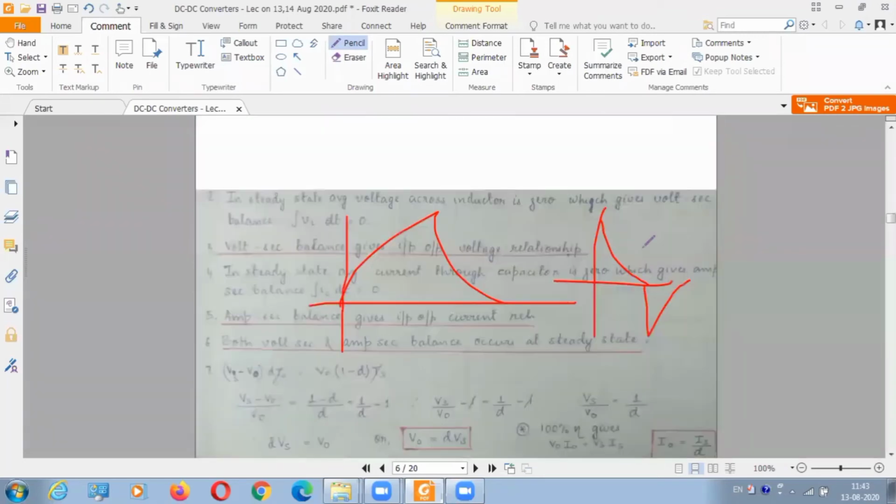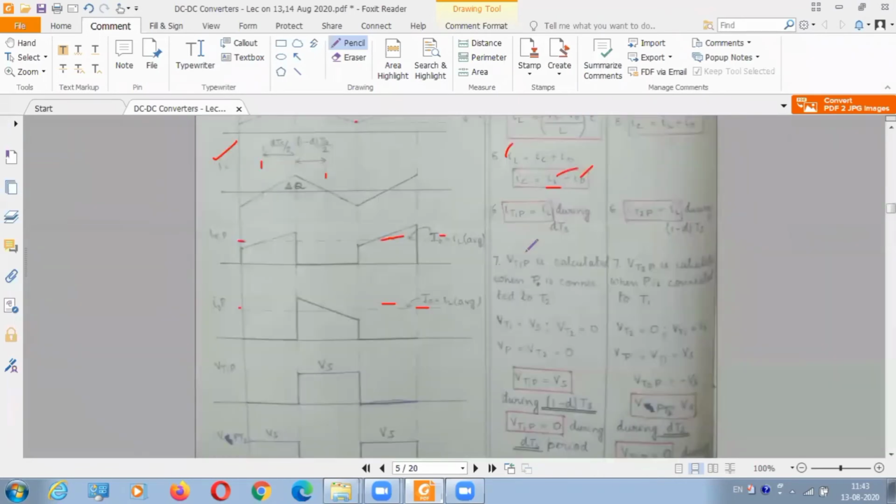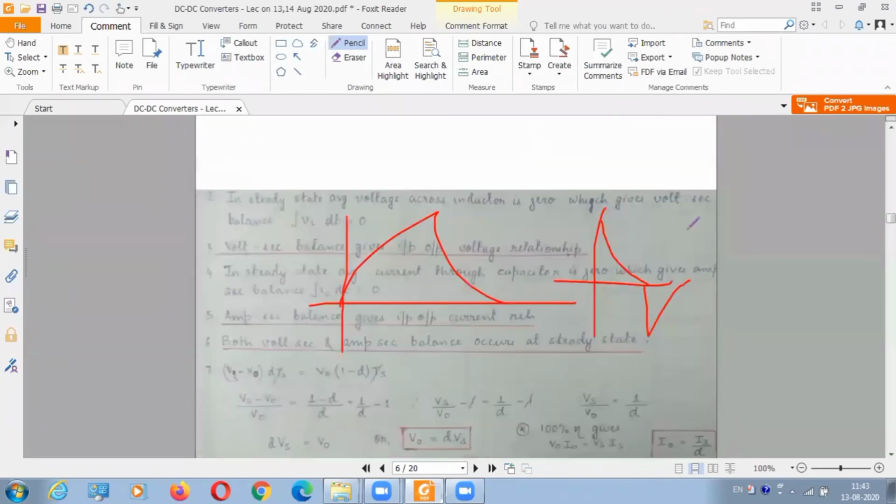Is it matching with the transient analysis whatever we are considering? This is transient analysis, and I said that we are doing steady state analysis. So this will be constant at this point, this 0 will be constant at this point, this negative will be constant at this point. So we are doing steady state analysis, so we are considering only the steady state parts. This is 0, this is 0 parts. Now what is the conclusion we should take over here?